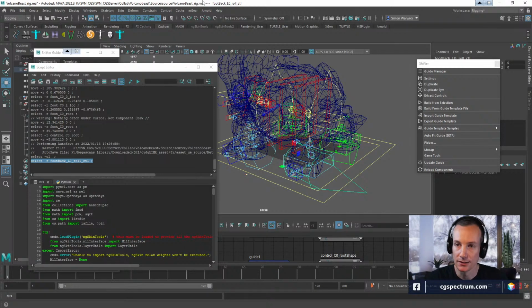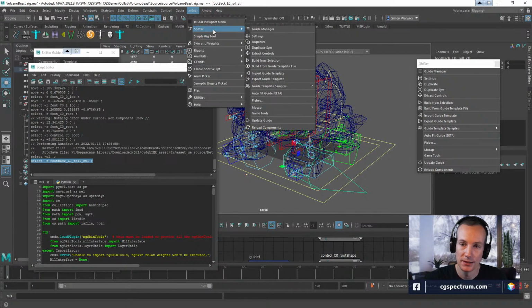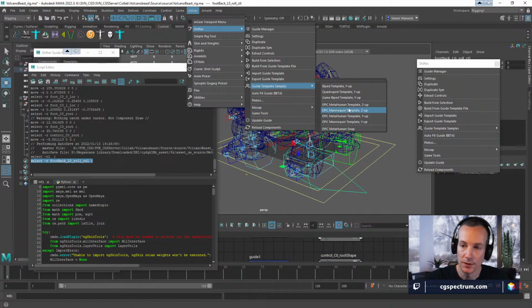I think this is a nice free tool set that could be a nice compatible thing that you can work with. Even if you look at the templates they've got here, they've got metahuman, mannequin, quadruped. These are all really interesting directions that might help solve one of the big gaps Maya has right now.